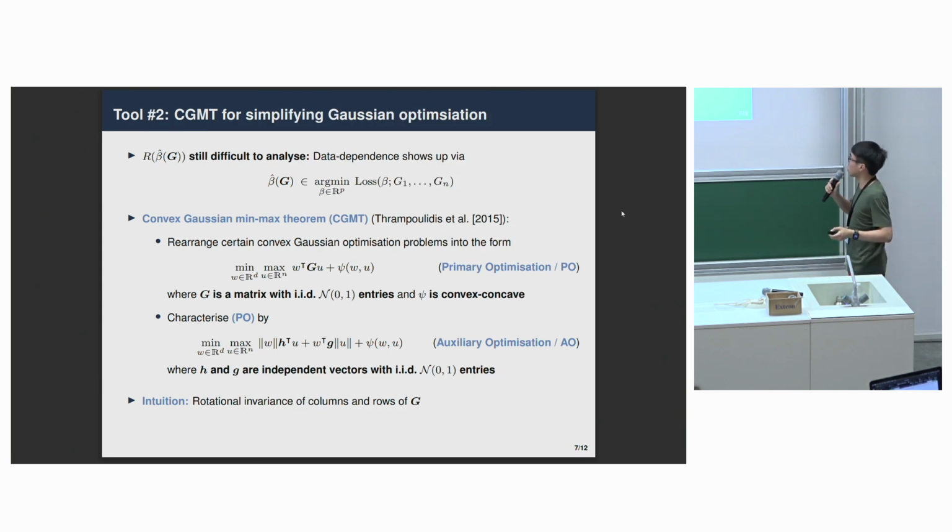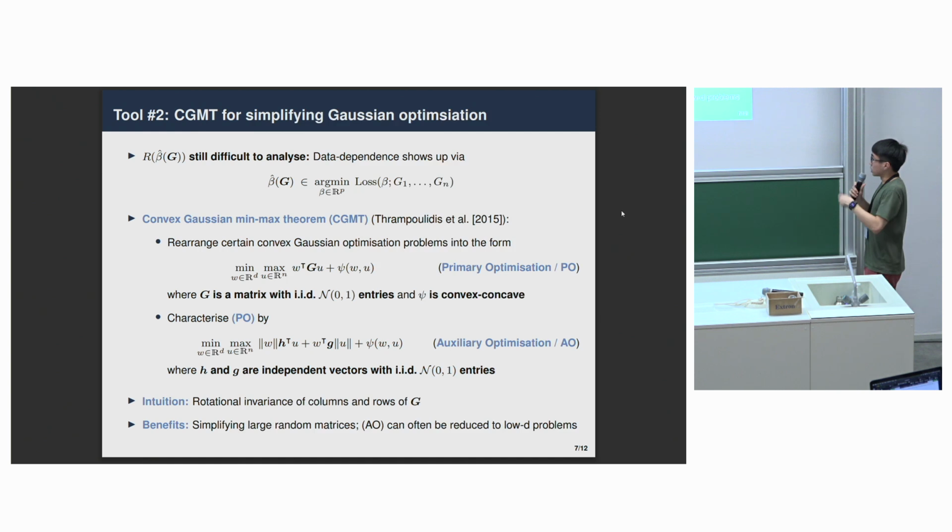I know this looks a little bit complicated, but to sketch the intuition, this really comes from the fact that if you have IID Gaussian entries in that matrix, your rows and columns are rotationally independent. So the way the optimization vectors W and U show up, they only matter in an average sense. And the advantage is that in the original problem, you have to care about the complicated spectral behavior of the data matrix and how that interacts with the loss and regularization term. In the second problem, I no longer have a high-dimensional matrix, and in fact, the terms in this loss are amenable to a law of large numbers argument, which, upon a careful derivation, you can often reduce to a low-dimensional problem.